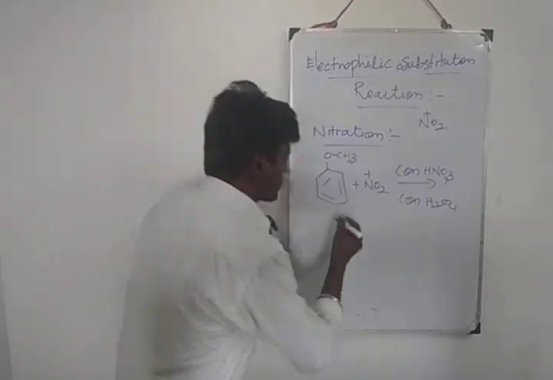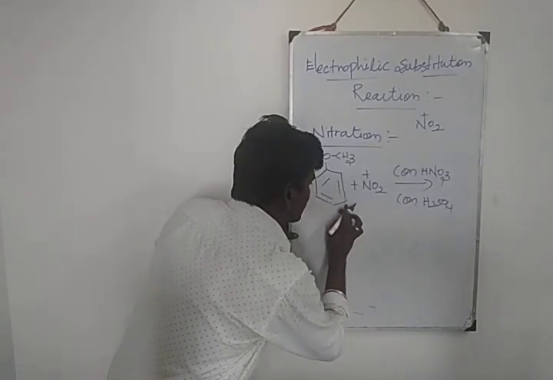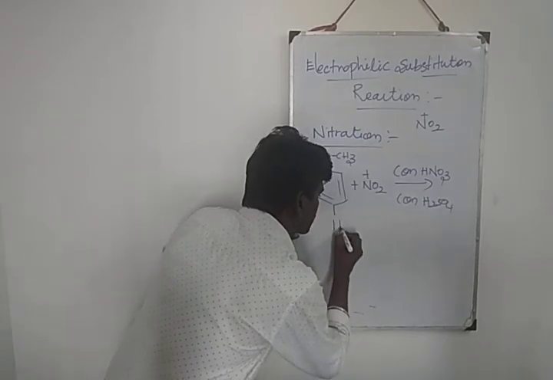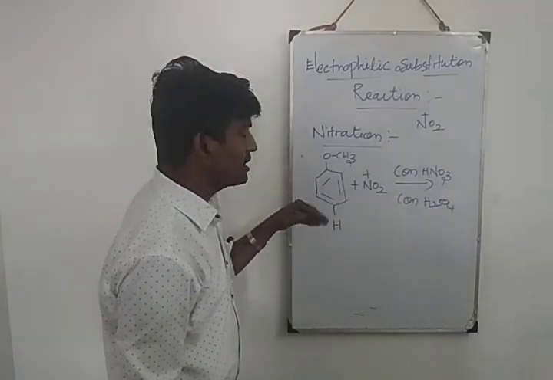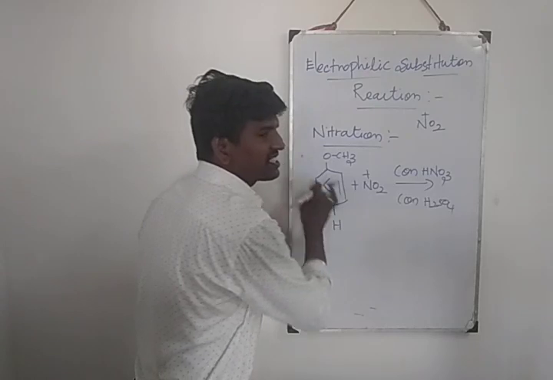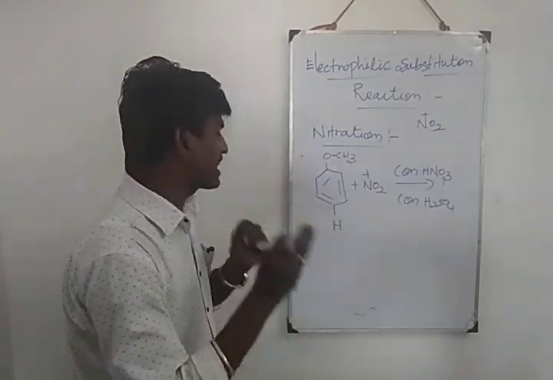Here I am going to write. I am going to teach the chemical reaction in the para position. Each and every carbon atom contains one hydrogen, so I would like to show the hydrogen atom in the para position. The same chemical reaction takes place in the ortho position also. What's the reason? Because this OCH3 alkoxy group is an ortho-para directing group.